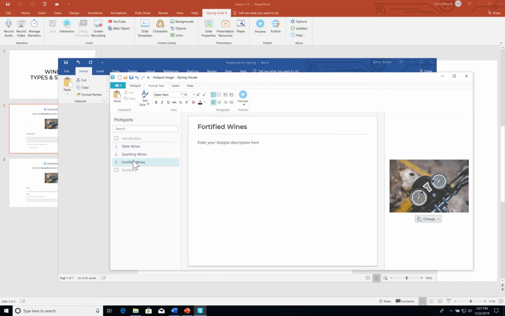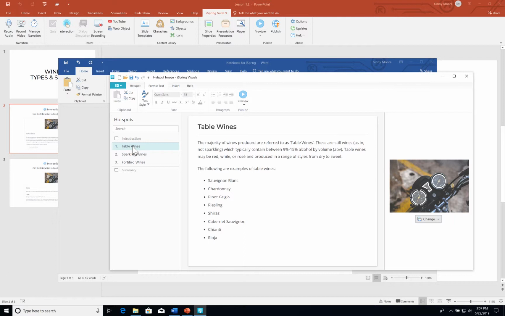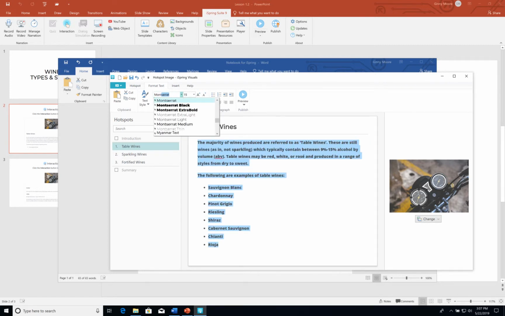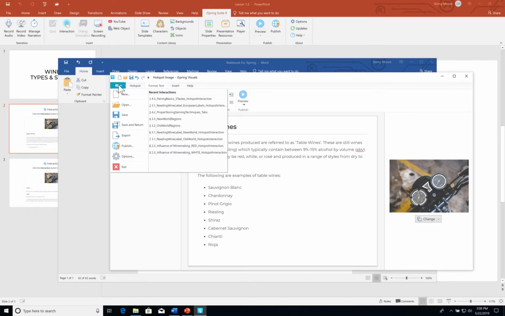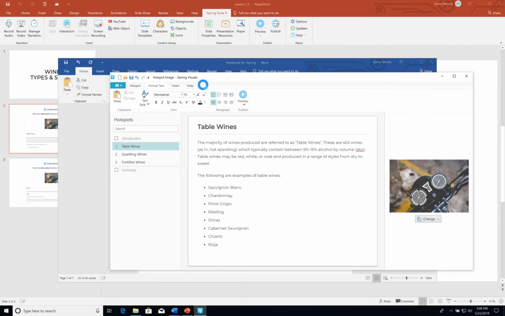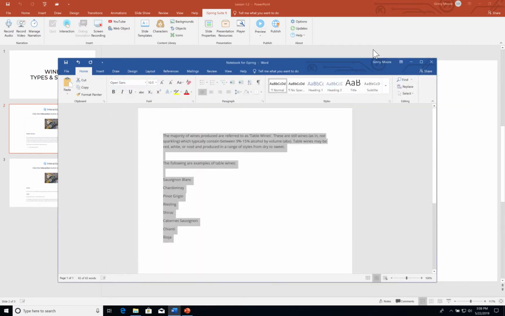All right, so fortified lines is still blank. And to sum that up, the steps are throw it in with no formatting, double check that the font is Montserrat when you do bring it over, and then double check that there's no major typos. And then once you're done with that, you're actually finished. You're going to come here, you're going to say save and return. And that's going to pop you back over to your